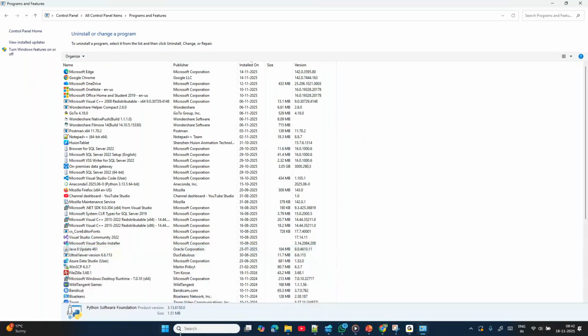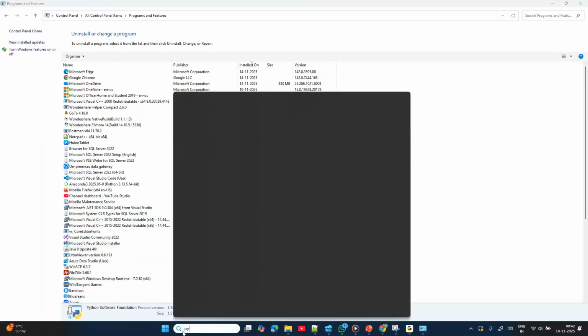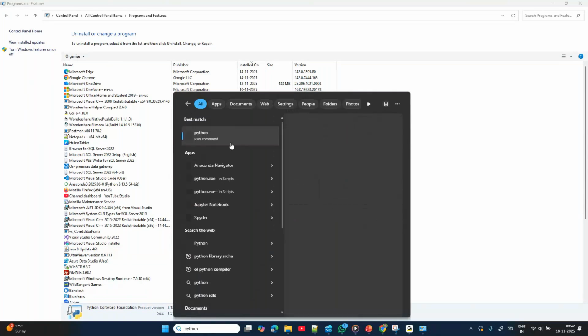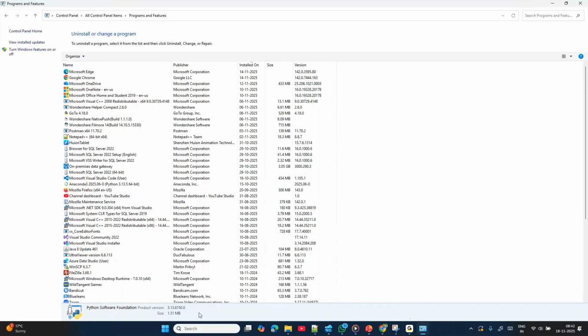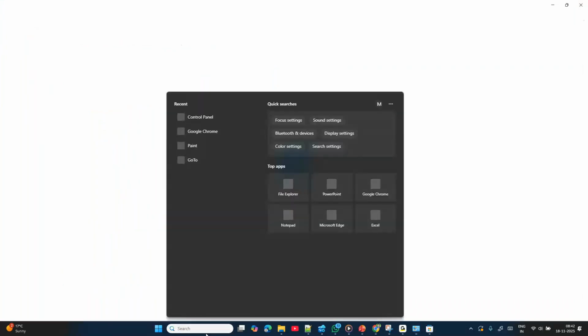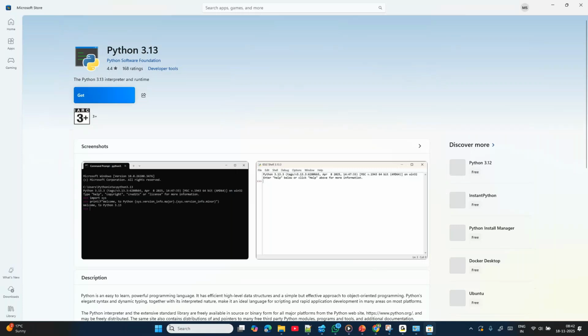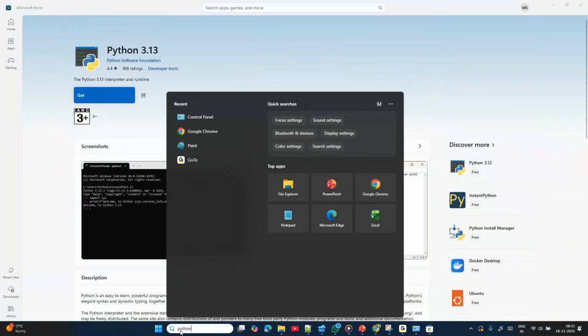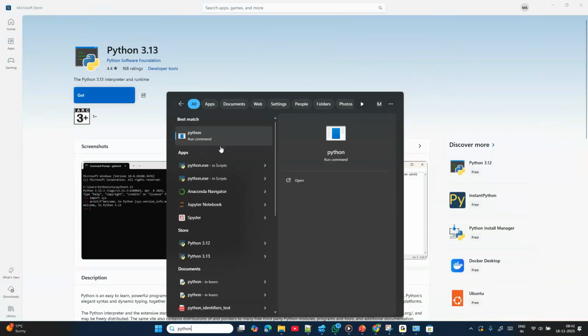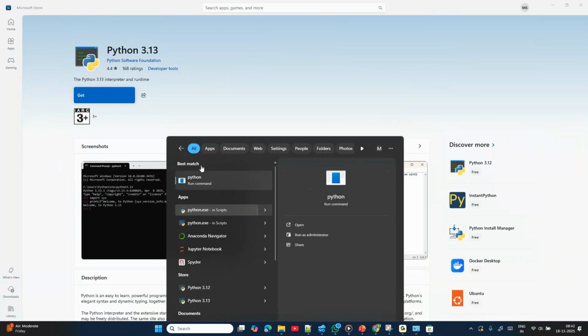Okay, that is removed. Now you search for Python here. Are you seeing anything here? Python.exe and all. If you double click on this, what is happening? Nothing is happening. It just closed. Okay, it is taking us here to install Python from the Microsoft Store, because Python is no longer available here. We have uninstalled, that's why it is not there. Even if you click on python.exe,